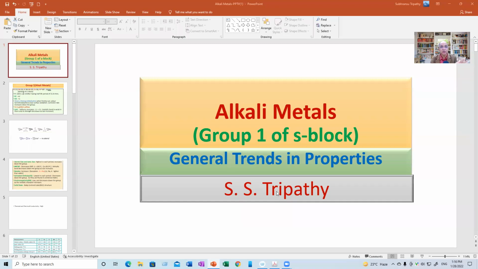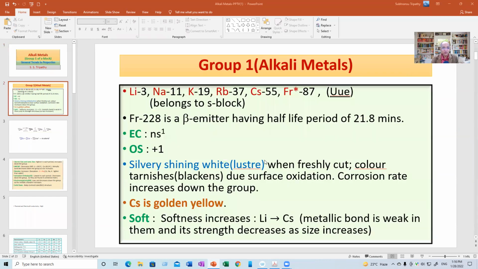You have to write the equations, you have to balance them by applying some of the good methods like the ON method if it is a difficult redox reaction equation, right? Now, these are the group elements, alkali metals: lithium, sodium, potassium, rubidium, cesium, and the radioactive francium, and the elusive